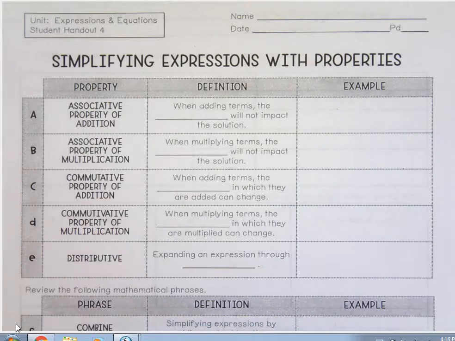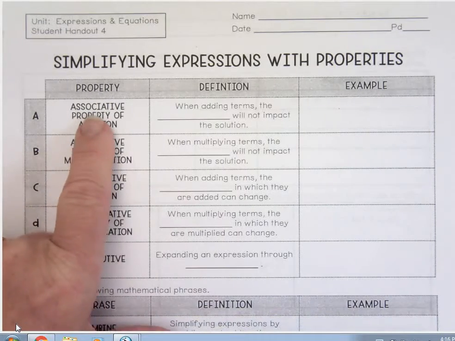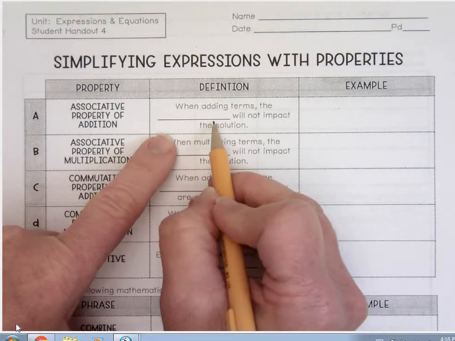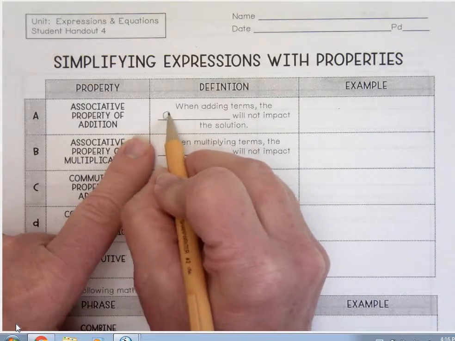Today we're going to complete Student Handout 4, Simplifying Expressions with Properties, much of which you are familiar with. We'll go through the definition and example. And the first property is the associative property of addition, which means when adding terms, the grouping